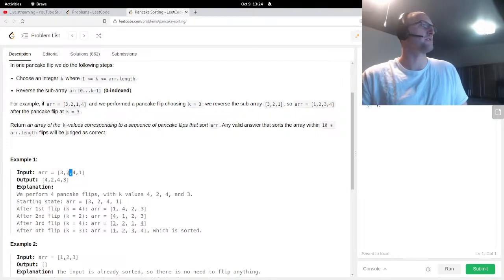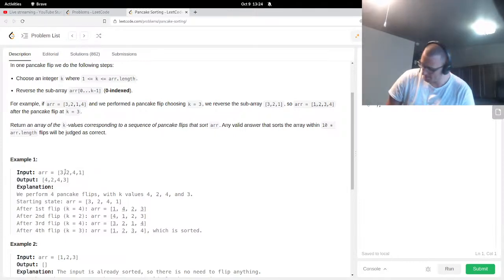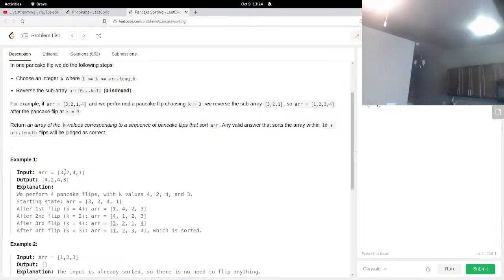And then you reverse 4 and 2. No, that doesn't make sense, does it? I don't know. That's kind of tricky. Can you do it that way to move? Let's say if you want to move 1 to the left side, you could just reverse the whole thing, and then 2 is already in the right spot. But now, you reverse the whole thing, you end up with 1, 4, 2, 3, and then now I want,